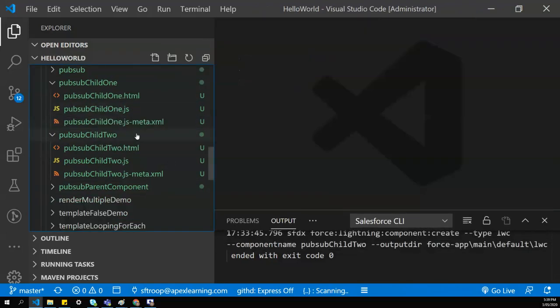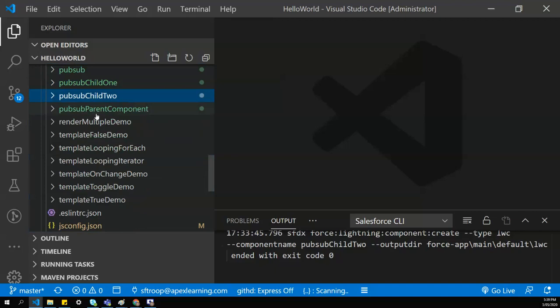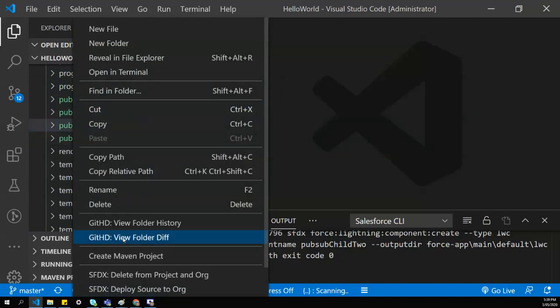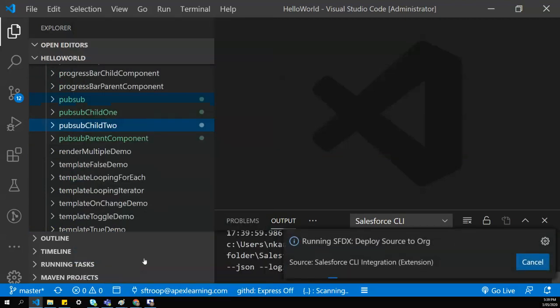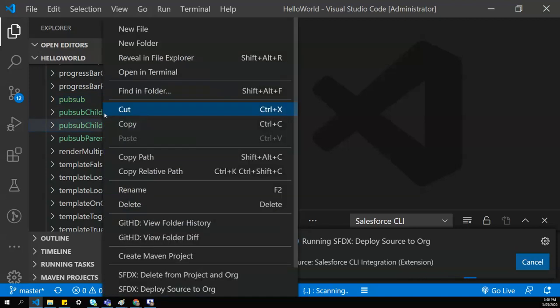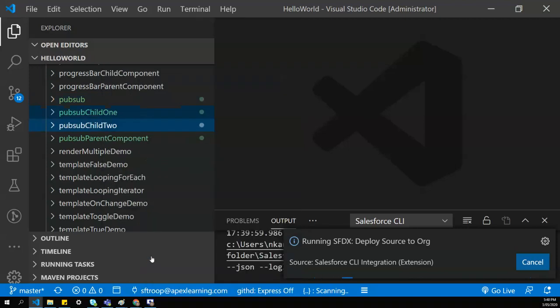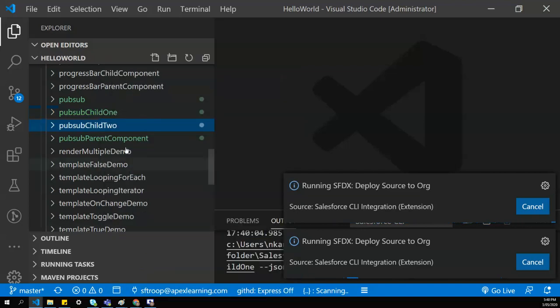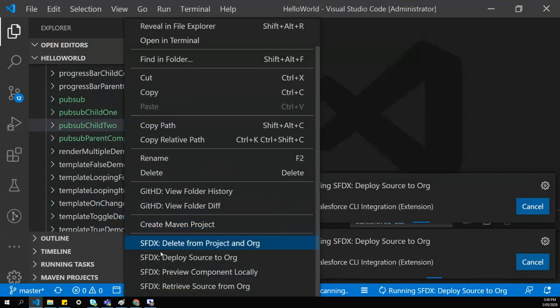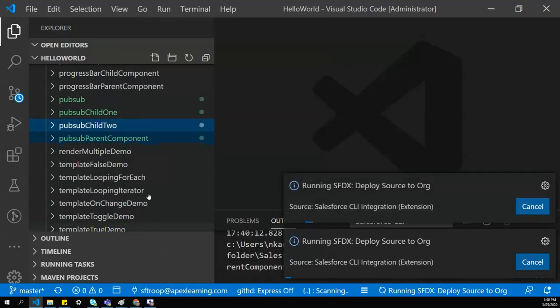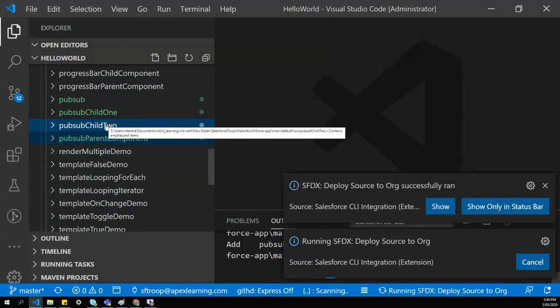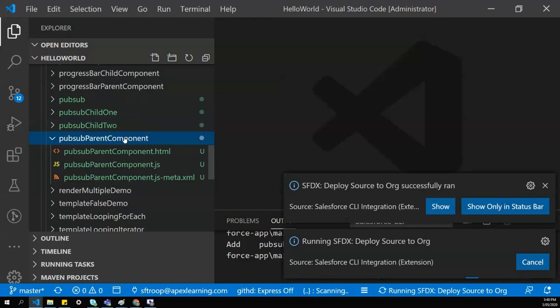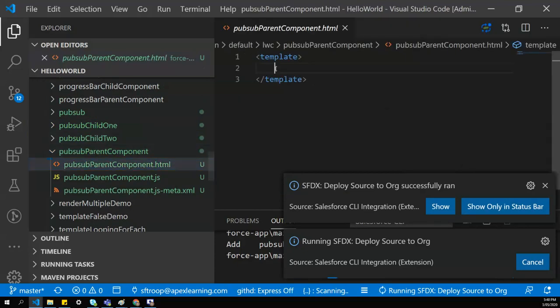Let's push the code to our org. First we'll push the PubSub library, deploy source to org. Then we'll go to child 1, then child 2, and last the parent component. If you deploy the parent component first, it will fail because it's using the reference of child 1 and child 2, but we haven't included the reference yet.